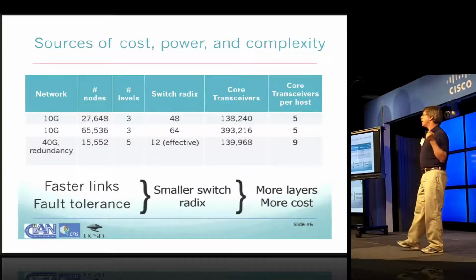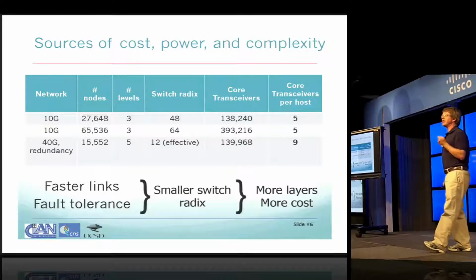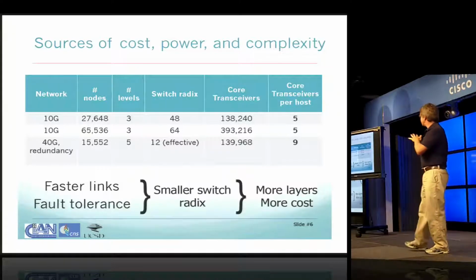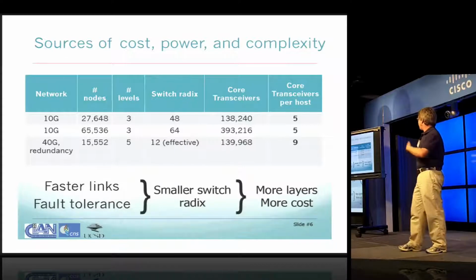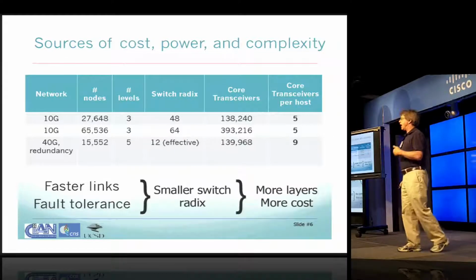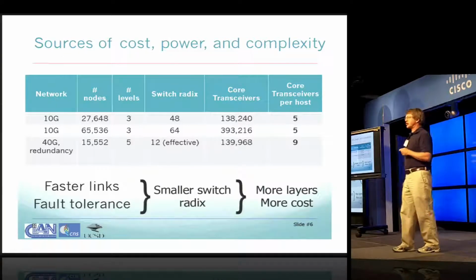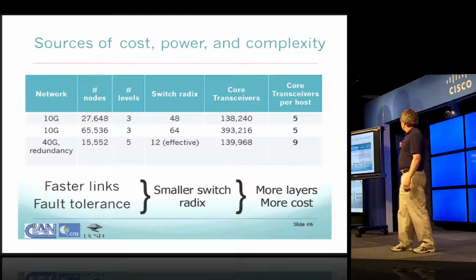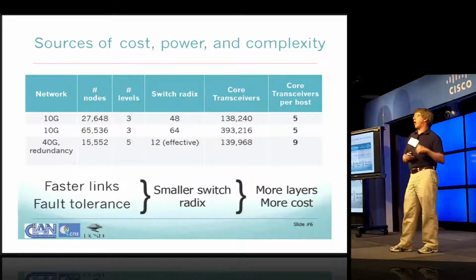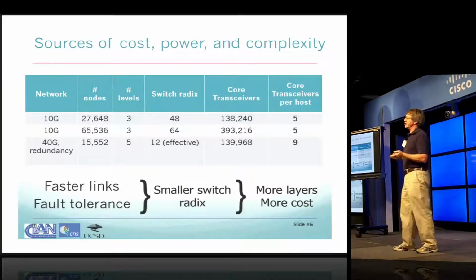And the question is, is there a better or more efficient way to build a network where you can reduce some of this complexity? So basically what happens is you want to run faster and you want to have more fault tolerance. Faster and more fault tolerance means smaller switch radix, okay? And what that means is more layers in your network and more cost. So that's one motivation for why you might want to look at different ways of switching your data within a